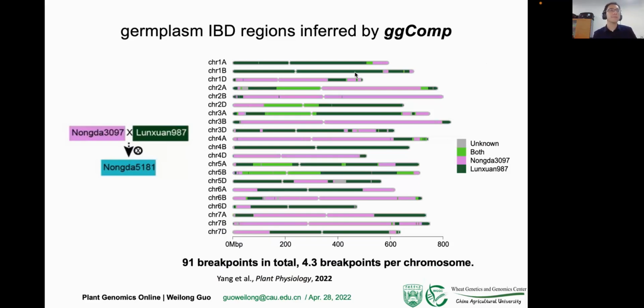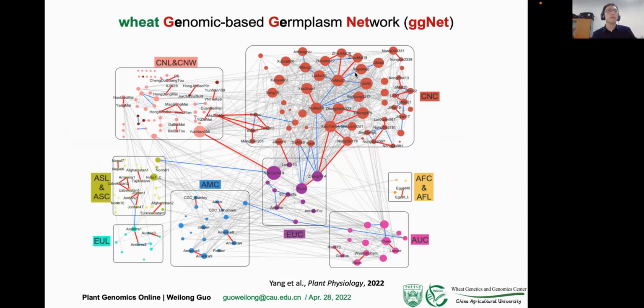breeding practice. For a collection of 212 wheat accessions, we pairwise compared these accessions and were able to build a wheat genomic-based germplasm network, denoted as ggNet. We can see how these modern wheat cultivars are connected and understand the hidden relationships in the network. For example, several key exotic lines contributed a high proportion to Chinese modern wheat cultivars, while most Chinese landraces were actually underexploited in the modern wheat